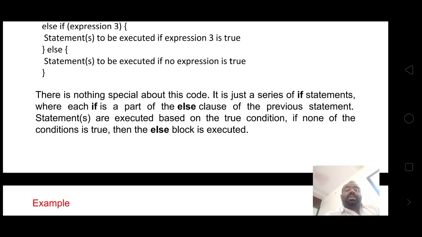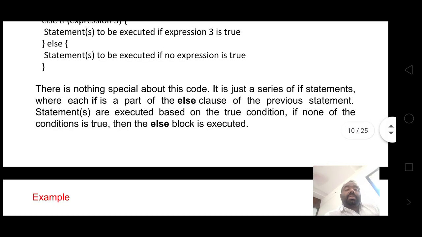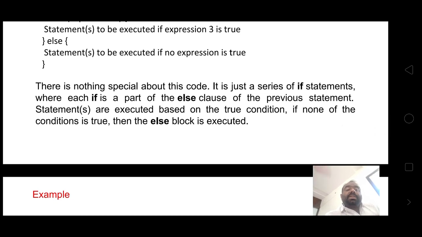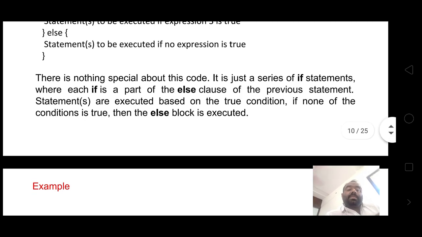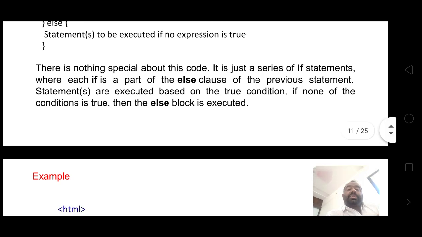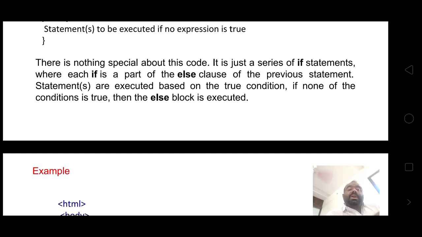There is nothing special about this code. It is just a series of if statements where each if is a part of the else clause of the previous statement. Statements are executed based on the true condition. If none of the conditions is true, then the else block is executed.